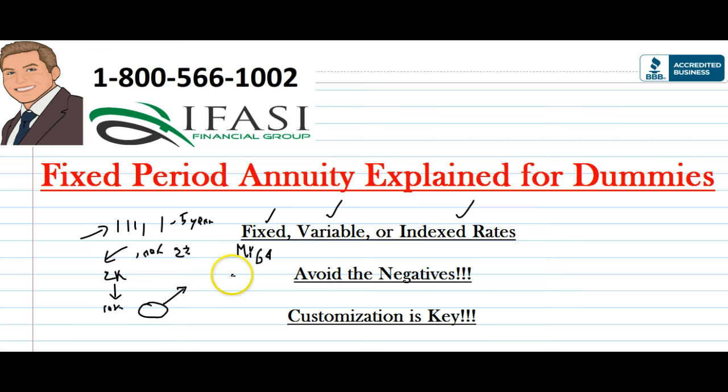So that same sort of concept is sold through an annuity, and it has to be sold through an insurance company because insurance companies are the only ones that can offer annuities. So for that fixed period of time, what it says is a multi-year guaranteed annuity, each year is going to have a fixed percentage rate that's guaranteed.